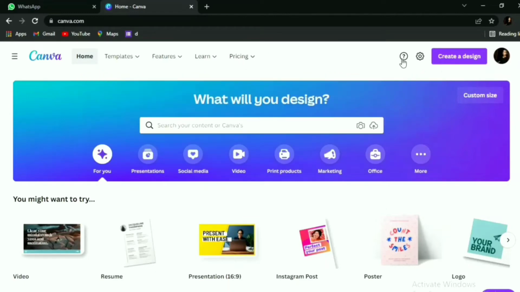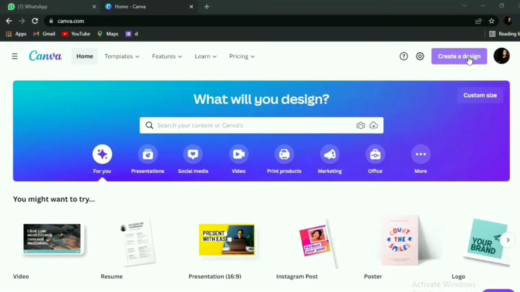On the right there is a Help Center menu. The function of this feature is for when we as users ask Canva for help if there is a problem with our Canva. Next to it there is an Account Settings menu. The function of this feature is for when we as users want to manage or set up our Canva.